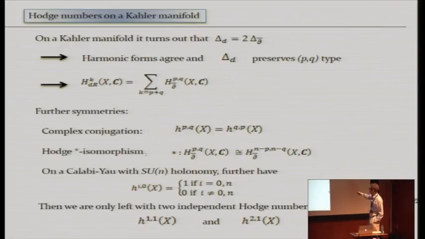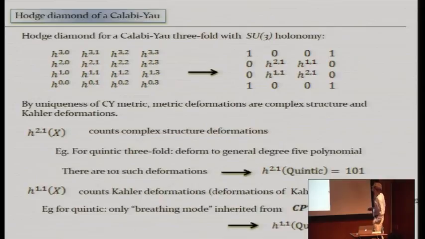Okay, so now if you take all these symmetries and all these relations into account, you find that at the end of the day, if you look at all the Hodge numbers, there are only 2 independent Hodge numbers left. And we can take them to be h^{1,1} of X and h^{2,1} of X. Okay, so let's see that. So here's the Hodge diamond. Well, it's a diamond if you maybe rotate it by 45 degrees. Here you have them all, h^{0,0} to h^{0,3} up to h^{3,3}.